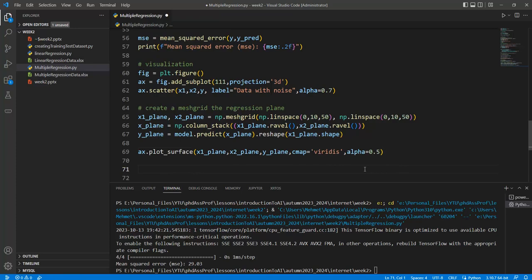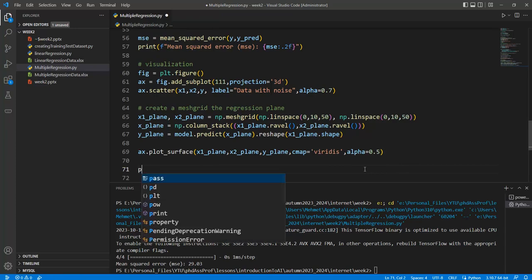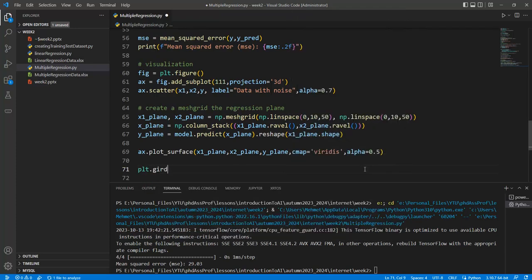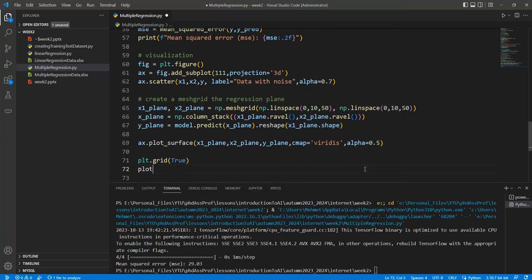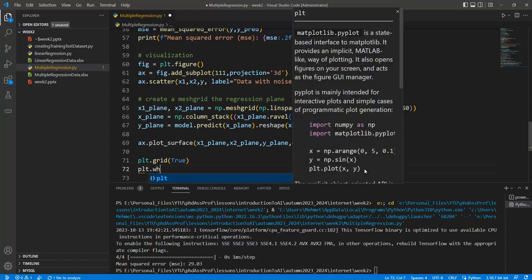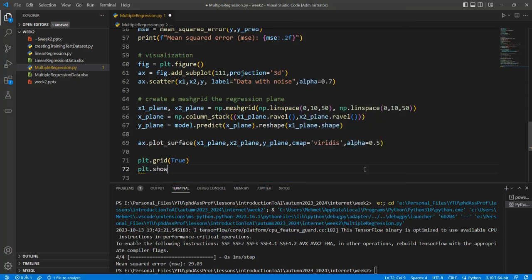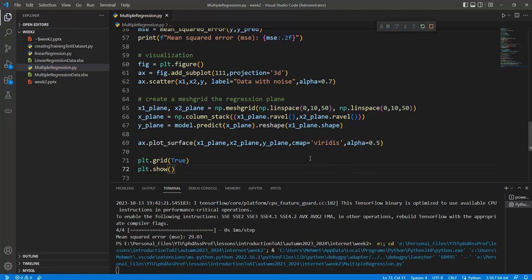Okay, so plt.grid may not use the legend in here, not needed, and plt.show can be called right now. Okay, so if I run this code,